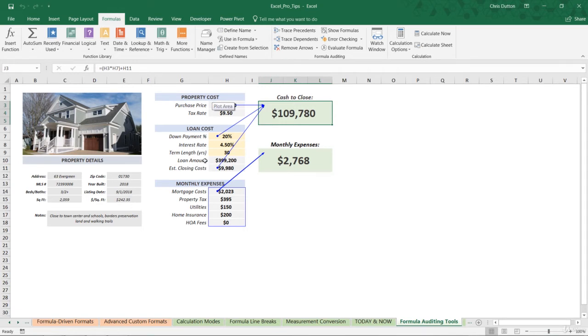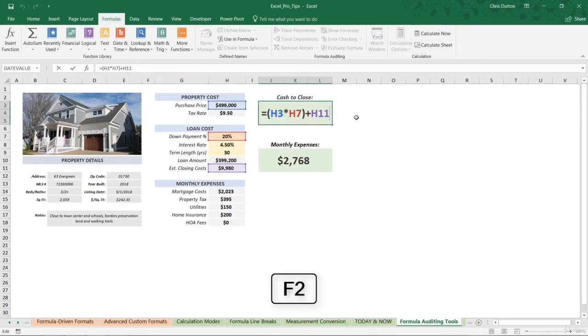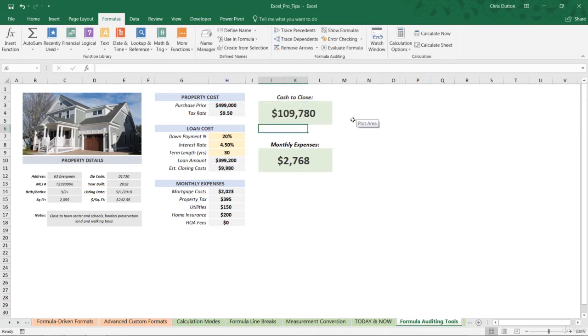Now, another way to kind of tell a similar story here, we can remove the arrows, is to select a formula cell and either click into the formula bar or use the F2 shortcut to edit. And what this will do, you won't get the arrows, but you'll still see selected cells that are referenced within your formula. And what I actually like about this approach is that they're color-coded as well, so you can kind of map them to the individual components within that formula. Just yet another tool that you can put in your back pocket to help you diagnose and understand your formulas. So we can go ahead, press enter,